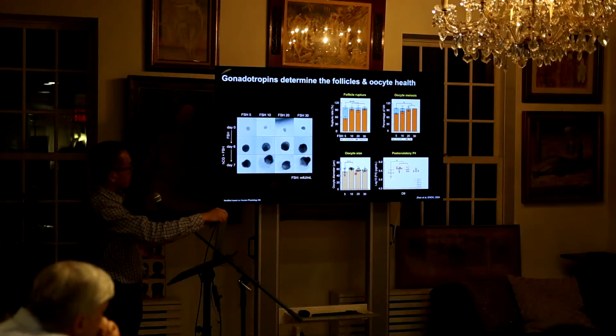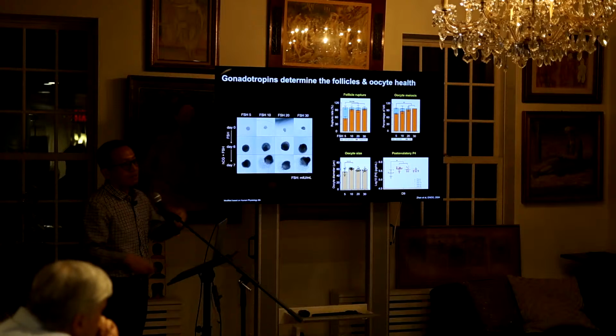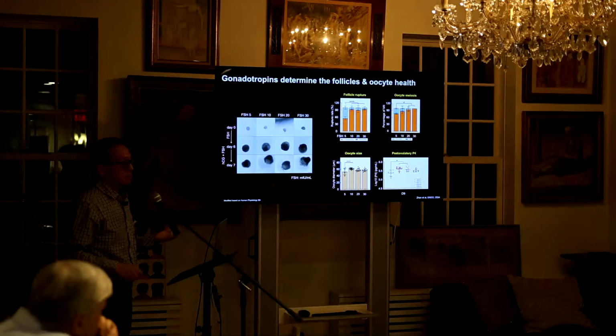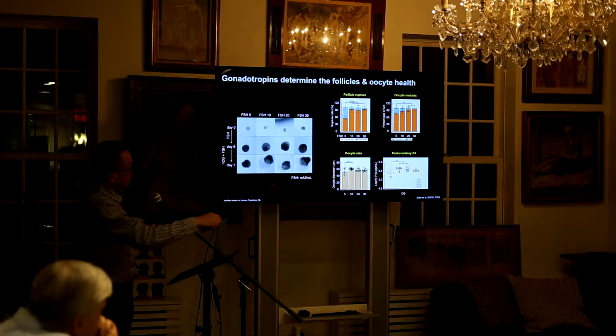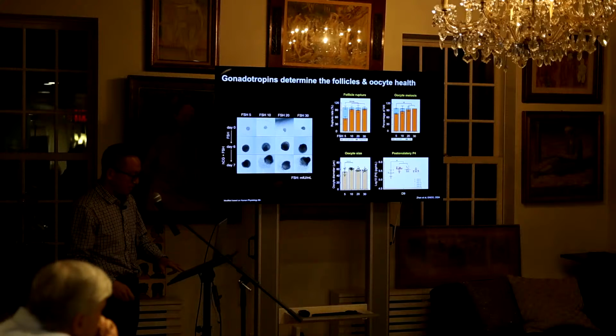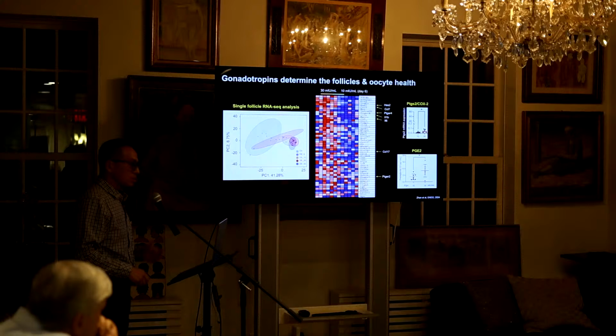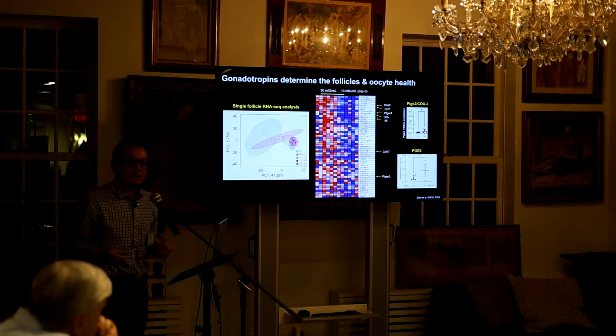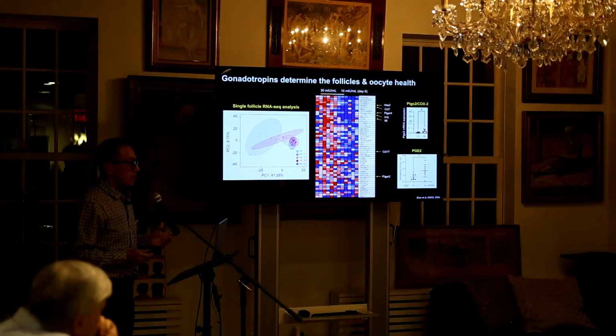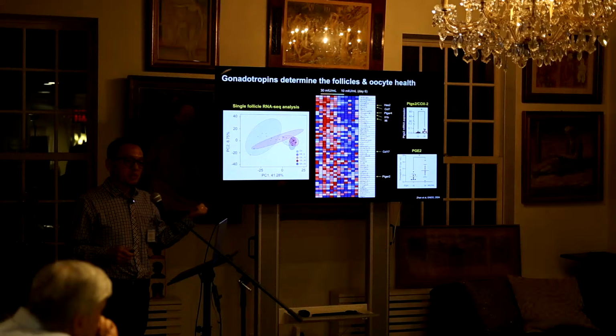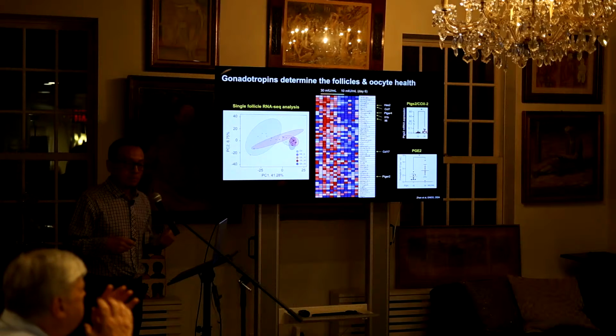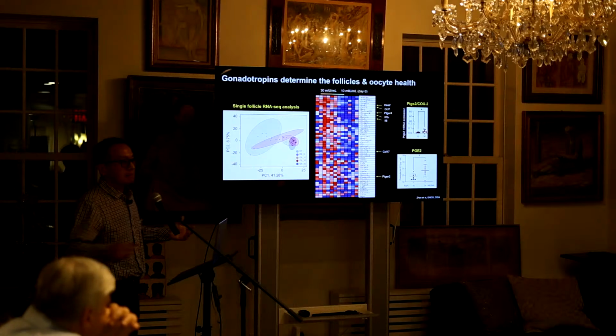We don't see any difference in the oocyte size. And for the post-ovulatory P4 from the corpus luteum, we also don't see a lot of difference. There is even a slight decrease, but not significant. But next, we also want to see whether we can see other defects, because we only chose some genes to do the qPCR, but we also want to know whether there are some other defects.